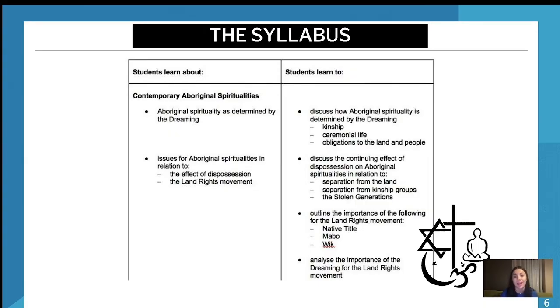But looking back at how much that helped, there was never a question that I received where I was like, oh, I don't know what to do, because just by practicing that. I'm not saying all of you guys have to go and write a 5 marker for all of it now, but when you're reading through the syllabus, you should feel confident: okay, I know how to write a 5 marker solely on kinship or solely on the stolen generations. And if you don't, that's your indicator to go back to your notes and to add to them.